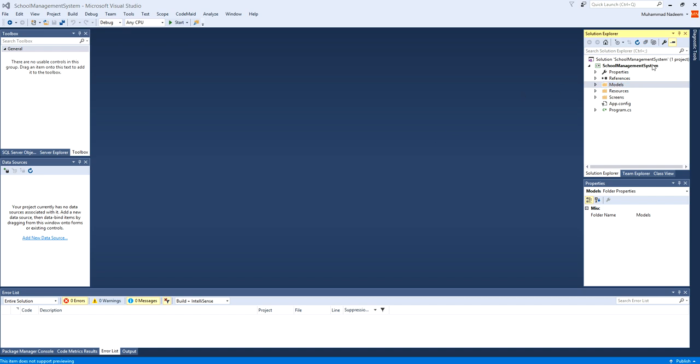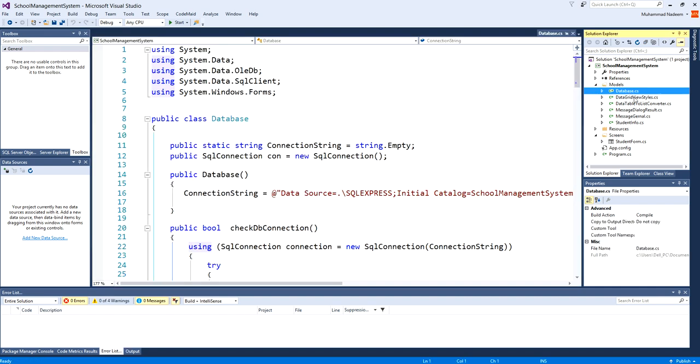Going to develop a school management system in a proper object-oriented fashion. I have created these two folders: models and screens. Screens contains all the forms, and the model contains all the logic here. In the database, data grid view style, data table, management, dialog, and messages, these four classes are the helper